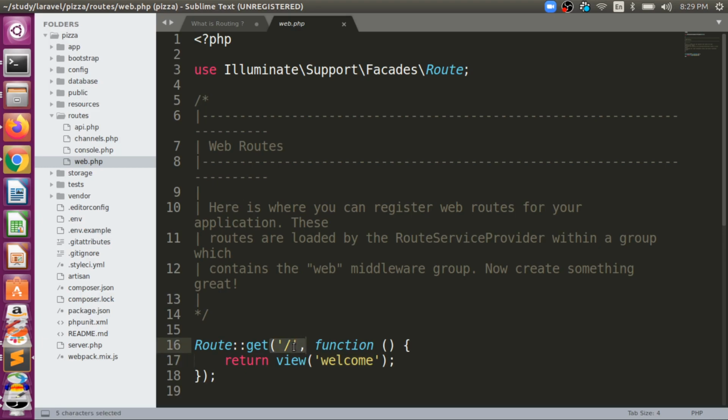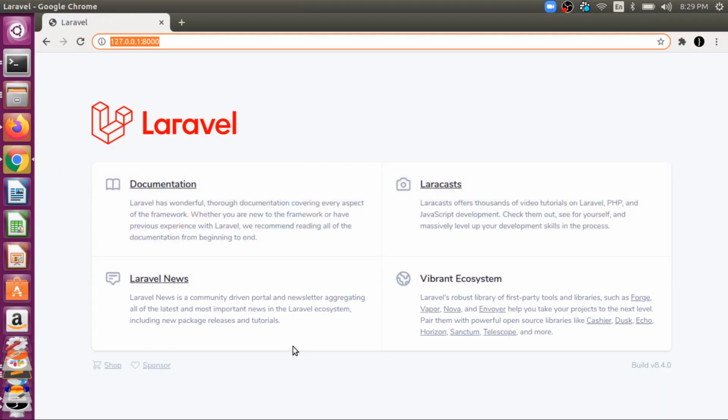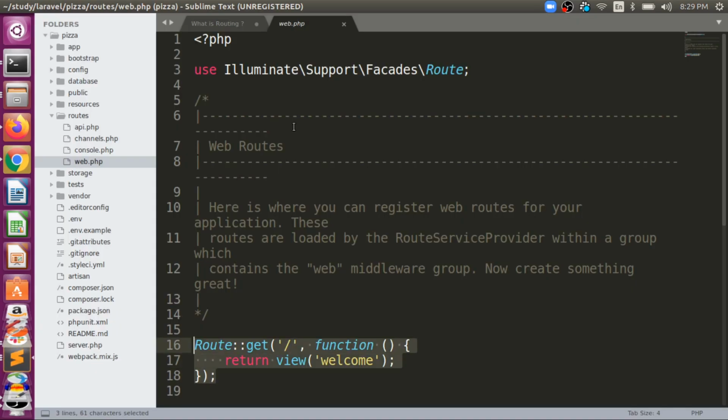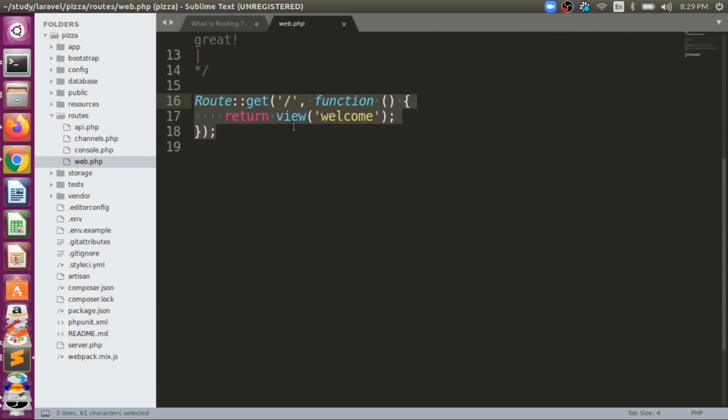For example, if we put 127.0.0.1, this is the default slash request, and it is handled by Laravel by default. So what is happening? If Route::get is slash, meaning blank, then we call this function.